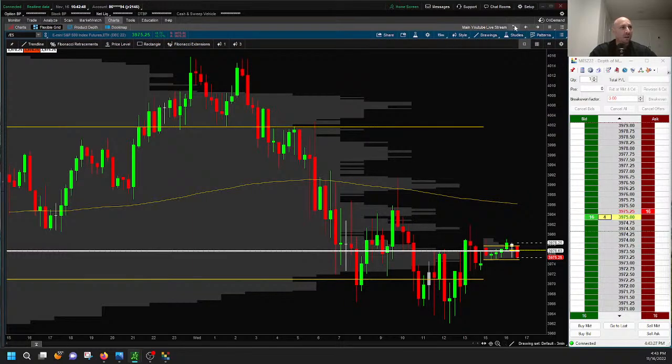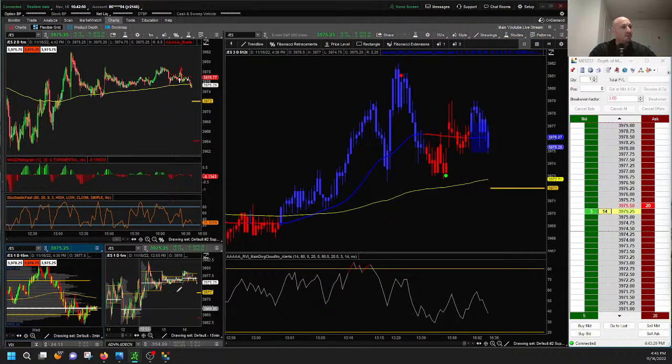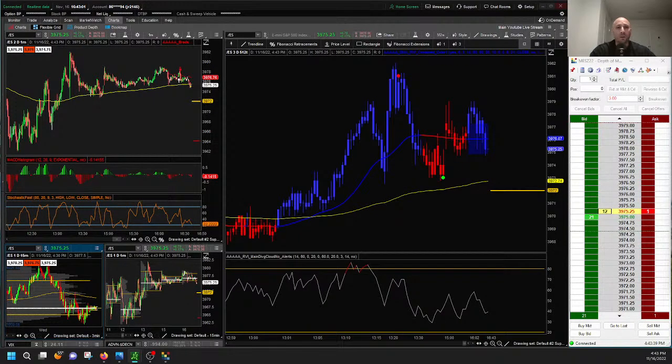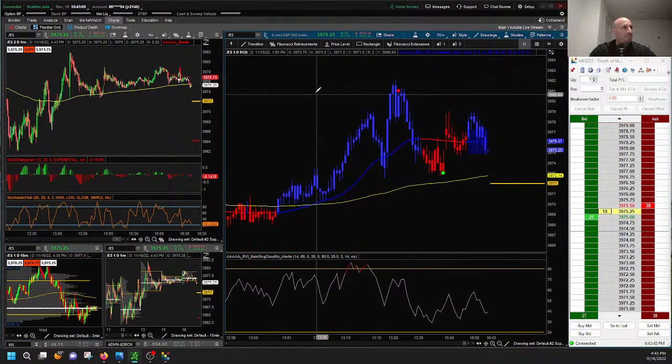The market feels like it wants to break to the downside, but I actually think it's just consolidating, creating a massive bull flag, and is going to break higher potentially. So we will see. Okay. So with that being said,